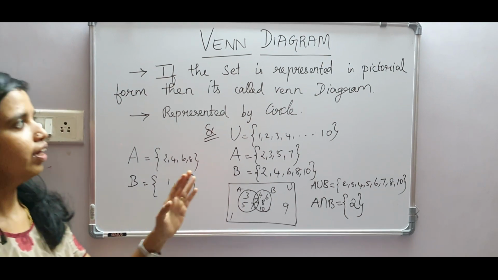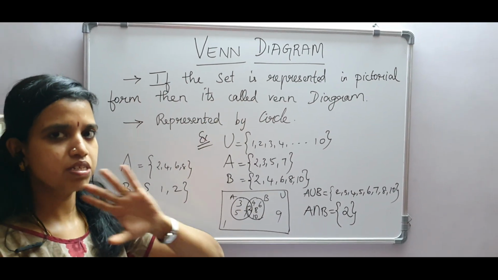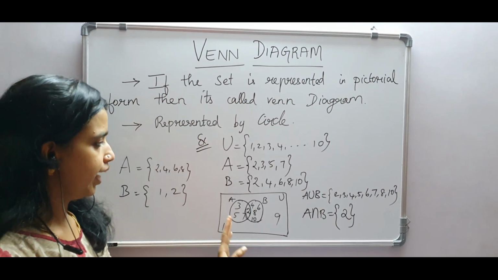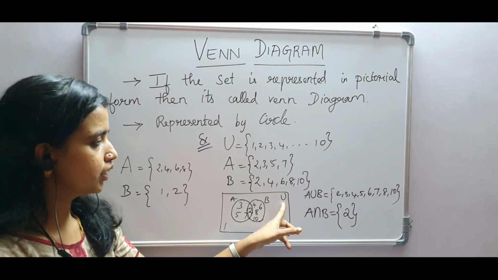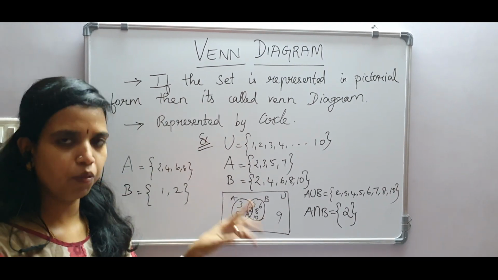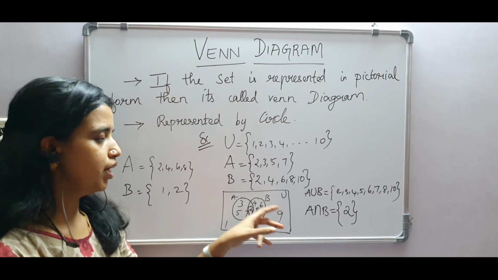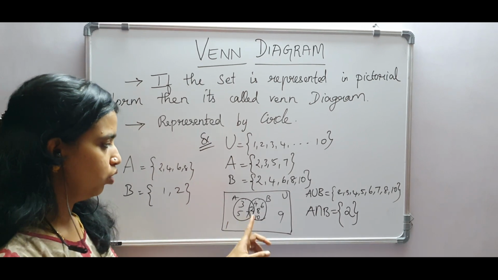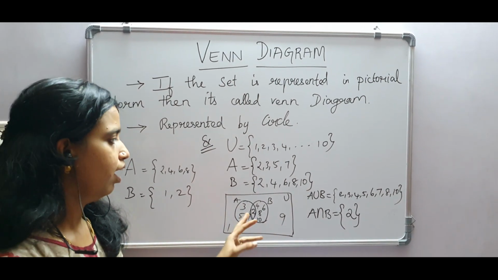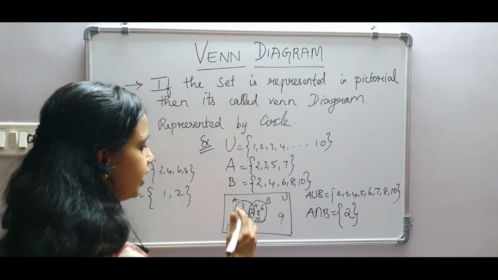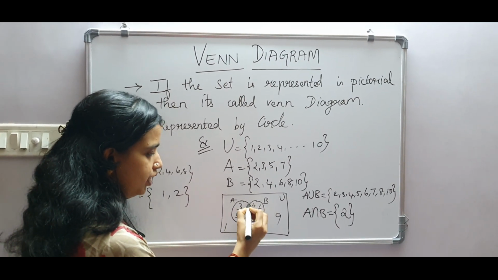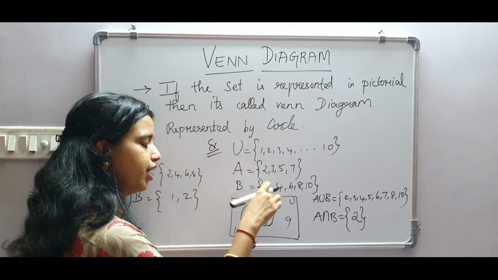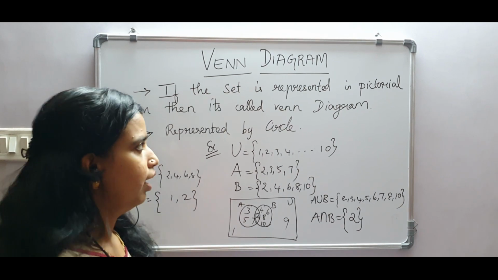So today we saw about the Venn diagram. A Venn diagram is nothing but representing the set in diagrammatic form. In diagrammatic form, the universal set is always represented in rectangle or square shape, and A and B are two sets represented as circles. Union means we just combine and write, and intersection elements in a Venn diagram we have to write here only. Why? Because that element is in A and also in B. I hope you understood this concept.